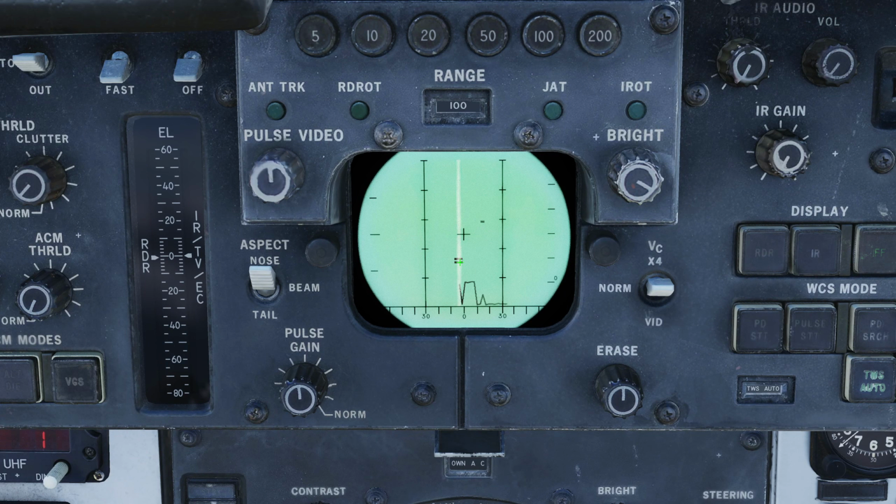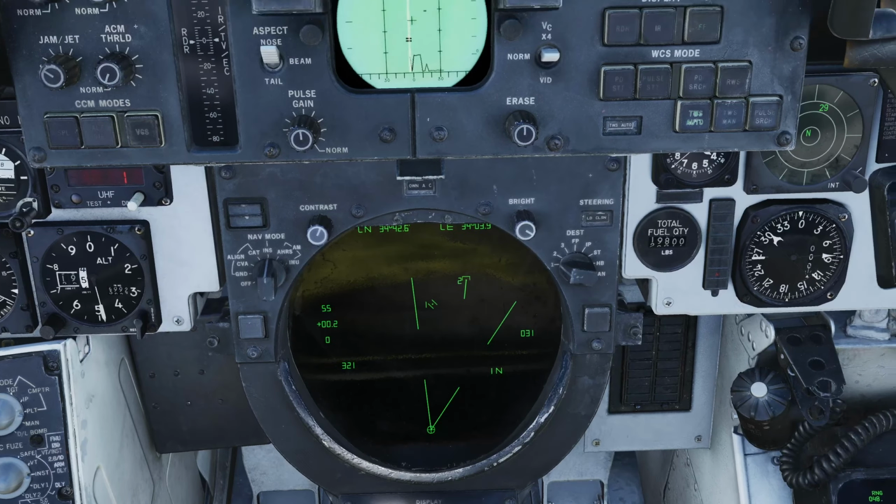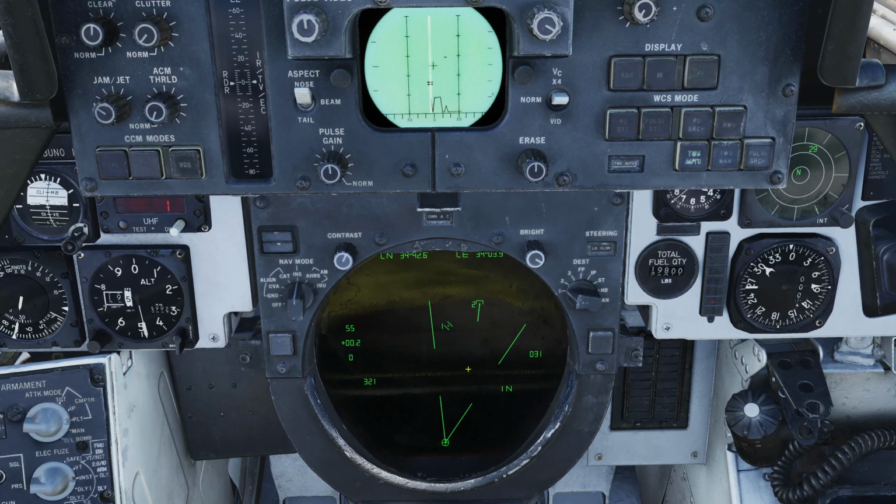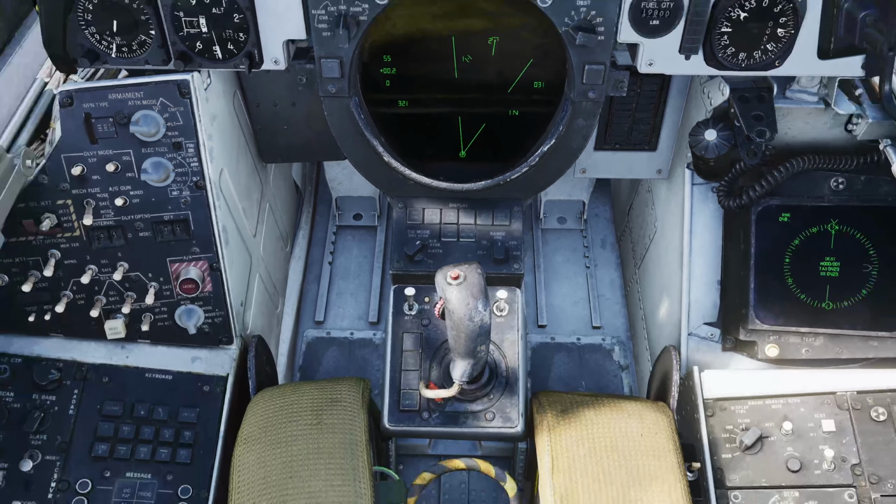One is basically directly on the nose and one off to the right. You'll see that the one on the nose here has 2 bars, a bar above and below it. That means that it's giving a valid IFF response, so that's a friendly. And then this one here is giving no response whatsoever, and that means that he is almost certainly hostile. Now currently my scan volume is off to the right, which is why I'm probably not actually generating a track file for this one. But we know that this contact here is hostile, so let's go about identifying that as